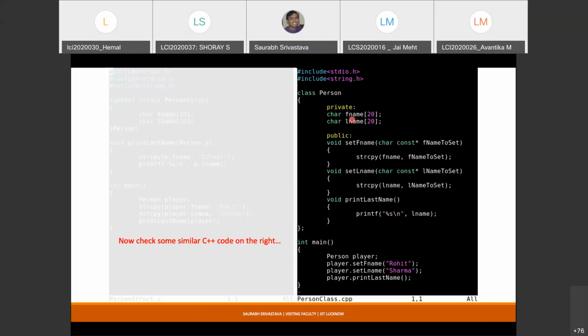Other than that, what exactly can you see? There are variables f name, l name. For now, just assume that instead of class, it is probably a structure, and also ignore these private and public things. So then what exactly are you seeing? There are two member variables, f name and l name, and then there are some functions put here.